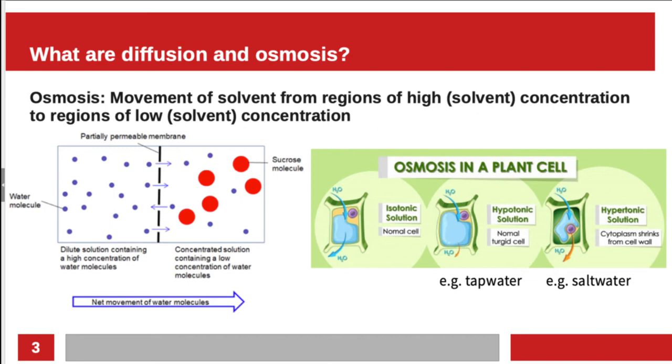It depends on the cell type. If you take a plant cell and you put it in what we call a hypertonic solution, that is a solution with a lot of solute, then the net movement of water is from inside the cell to outside the cell. Remember, some does go from outside in, but more comes from inside out.